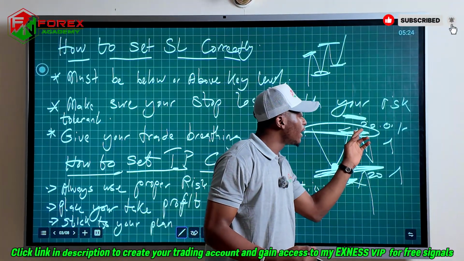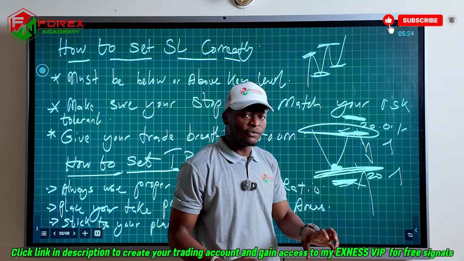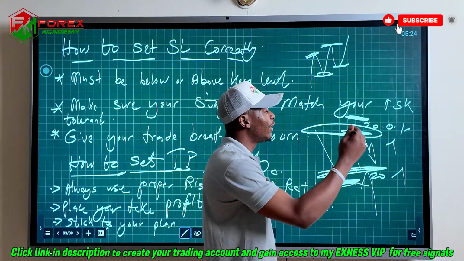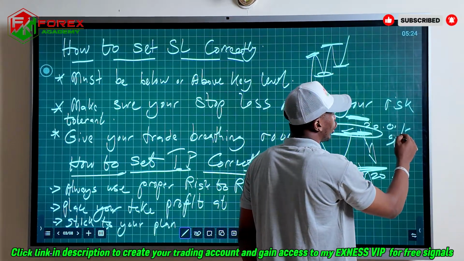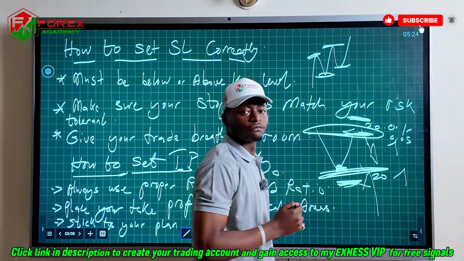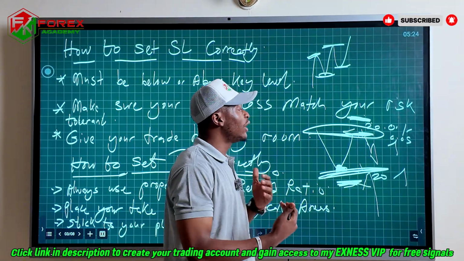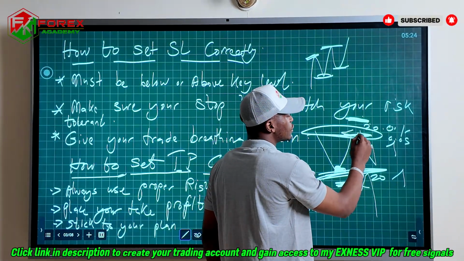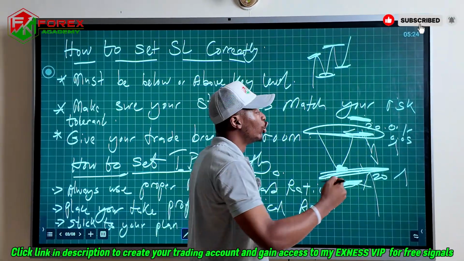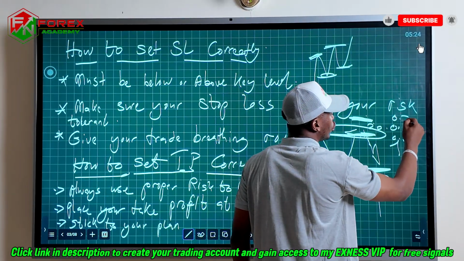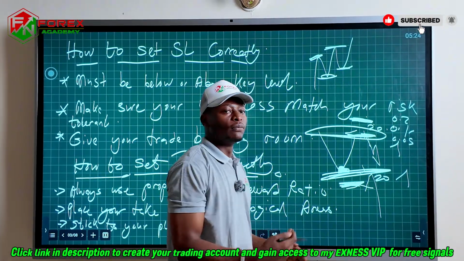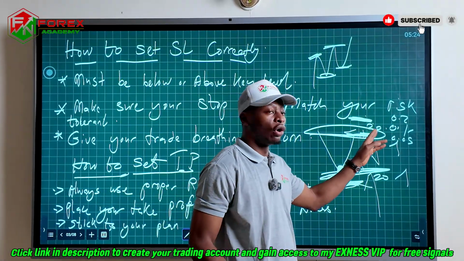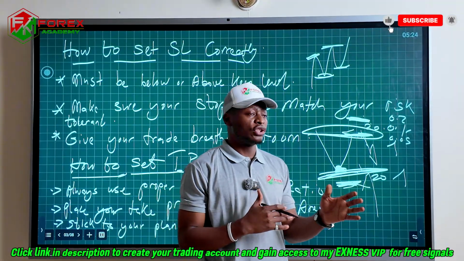Now, if your stop loss from your entry is 20 pips, but you want to risk just $10, then what do you have to do? You have to reduce your lot size maybe to 0.05, right? Or if you want to risk $40 and your stop loss is 20 pips, what do you do? You increase your lot size to 0.2, because with 0.2, 1 pip movement is $2. So 1 pip movement being $2 and you have a 20 pip stop loss,